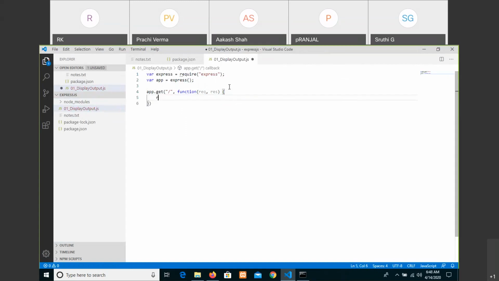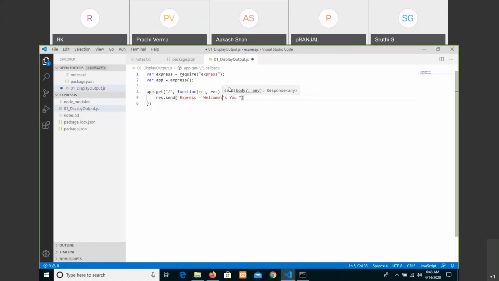And with a response, of course, as of now we are just requesting a URL. We are not passing any parameters. We are just passing a URL of the home page, and we are expecting an output. Send is a built-in method which displays the text, for example welcome.